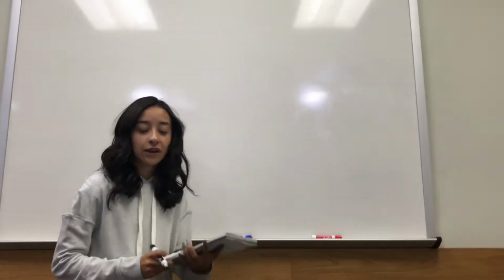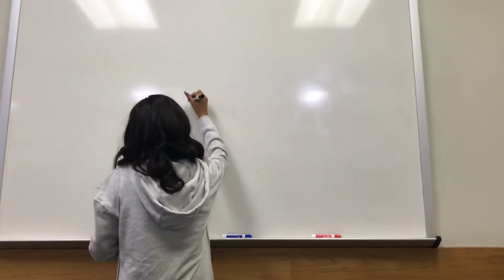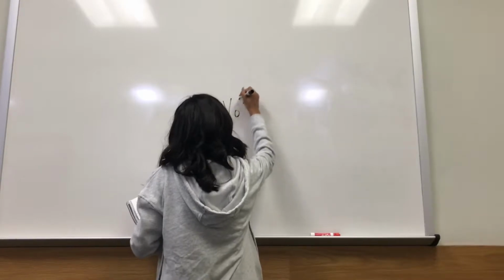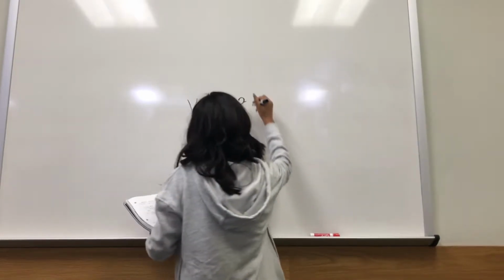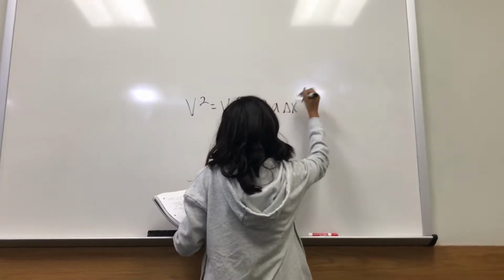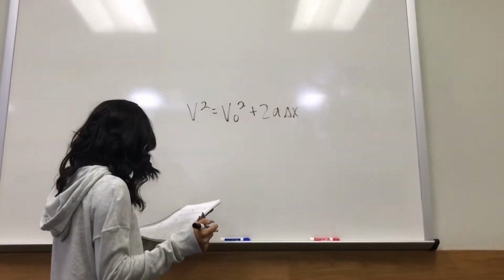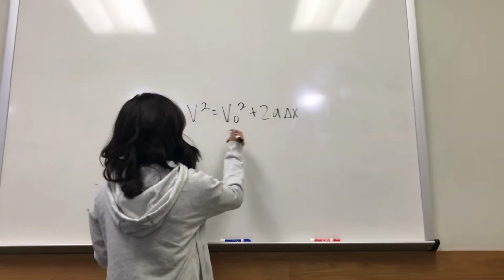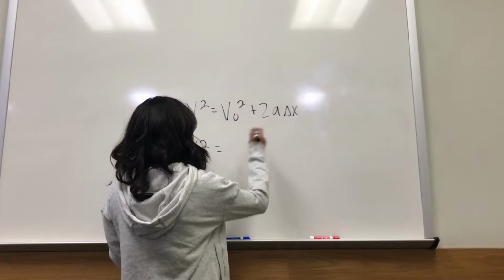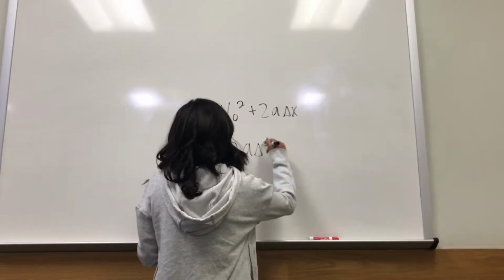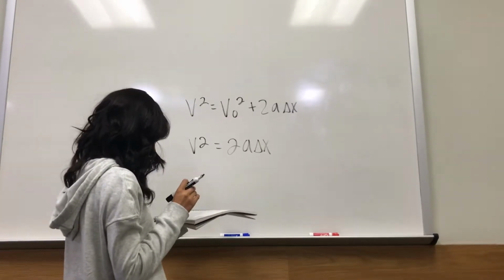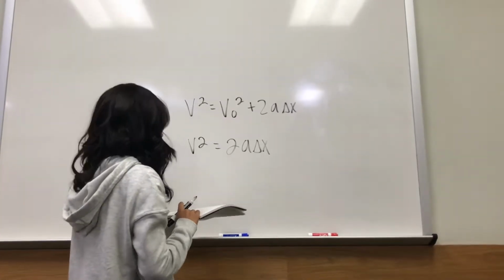So to find all this, we have to use the equation v squared equals v initial squared plus 2a times the change in x. So her initial velocity is 0, and that just leaves us with 2a times the change in x. It gives us her velocity and her acceleration, so we just have to find the change